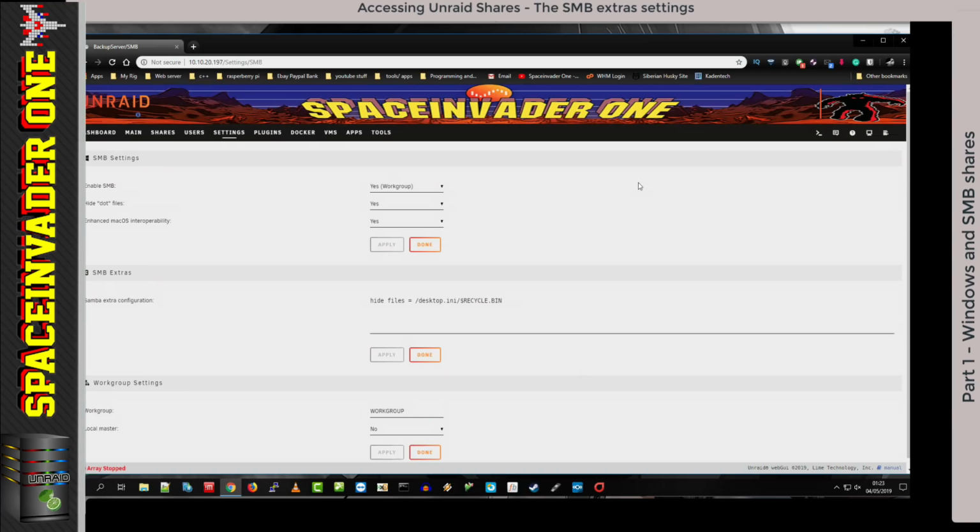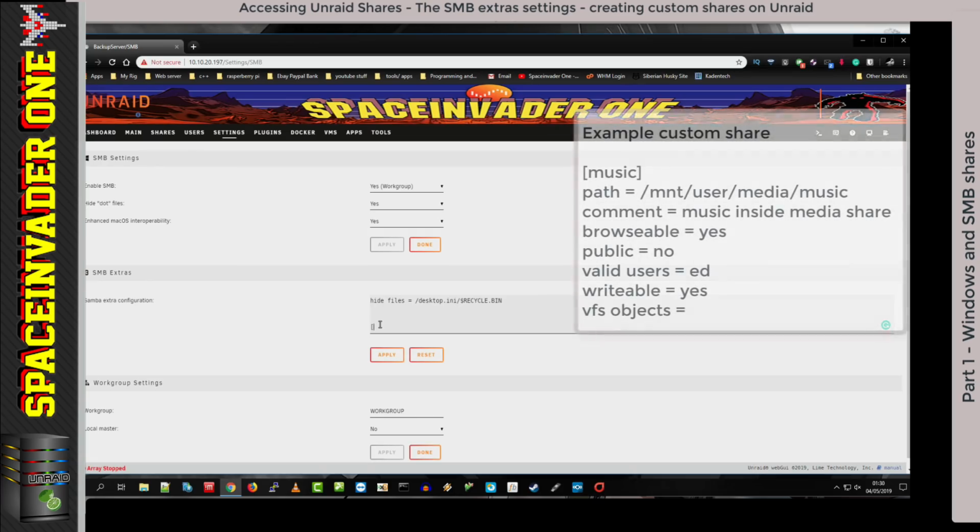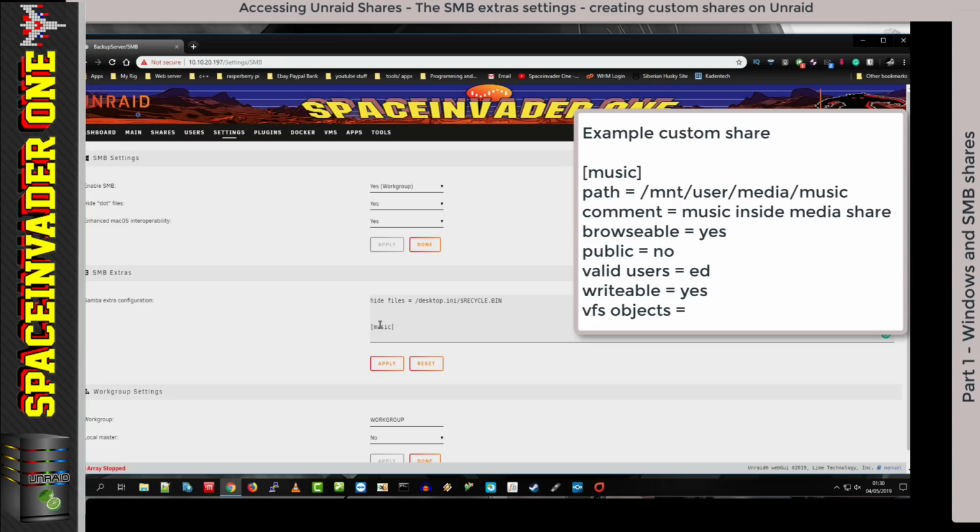But what I'm going to do now is create my own custom share, which is going to be inside of another share on the server. So the first thing I'm going to do here is define the name of the share. So we put the name of the share inside of square brackets. So I'm going to call my share music and close the square brackets. And next I need to define the path of where this share is. So I'm going to type path = /mnt/user/media and then /music